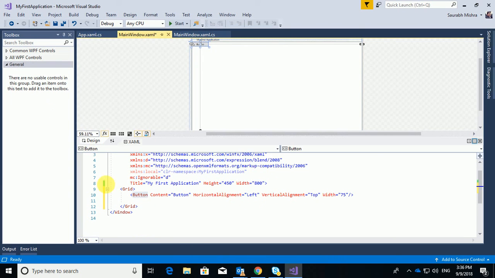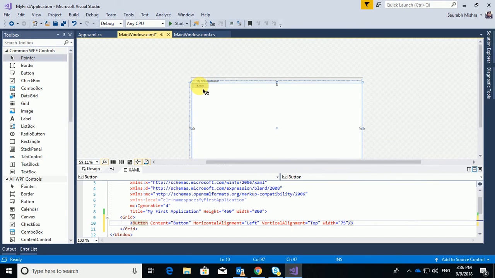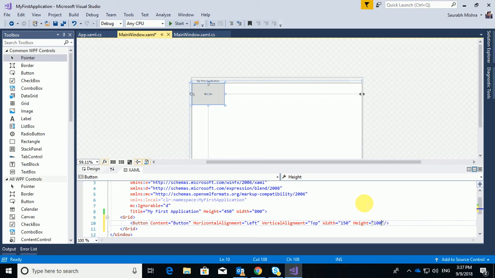I actually did a double click there. So I have got this button added, and you can see we have a very small button here. We can increase the width of this button. I can make it 150, and I can also define a height of this button as 100. 100 will be too much, so I can make it 60.